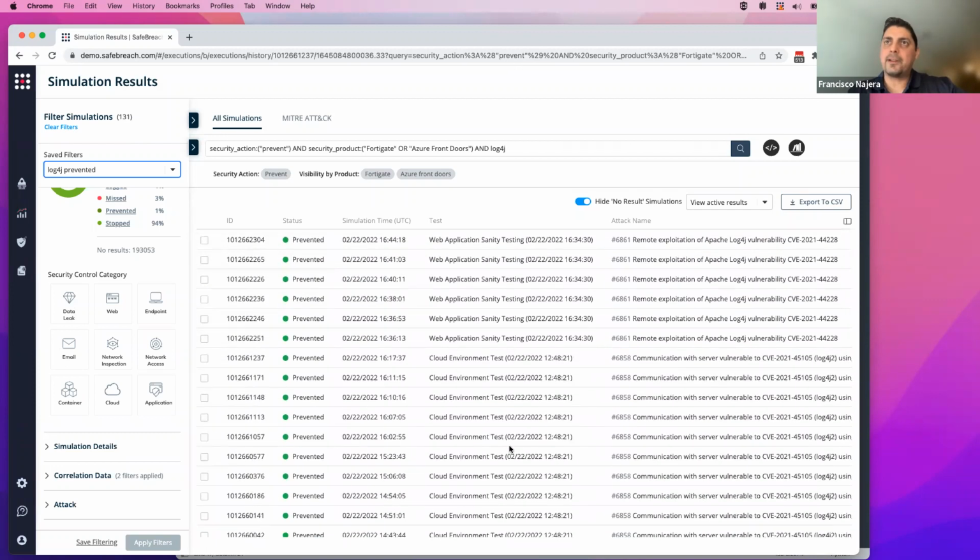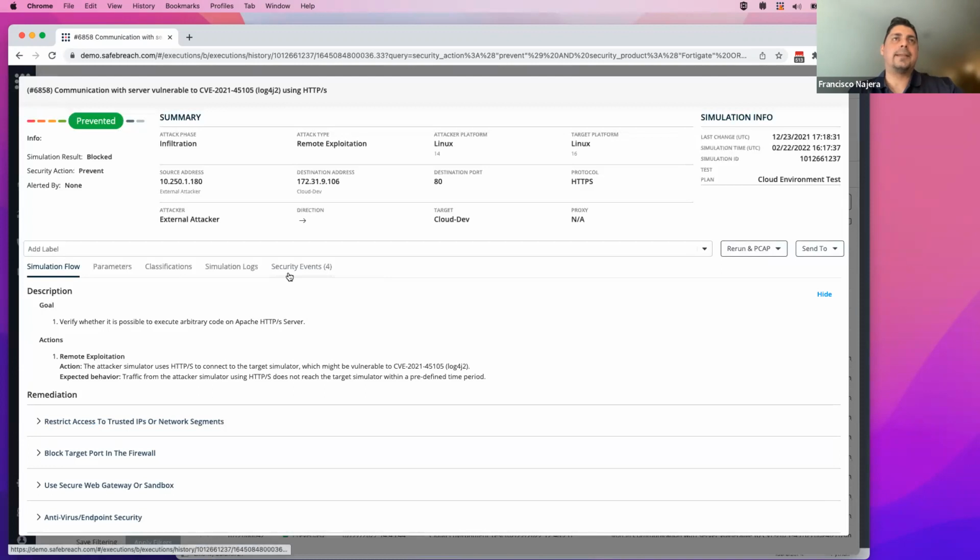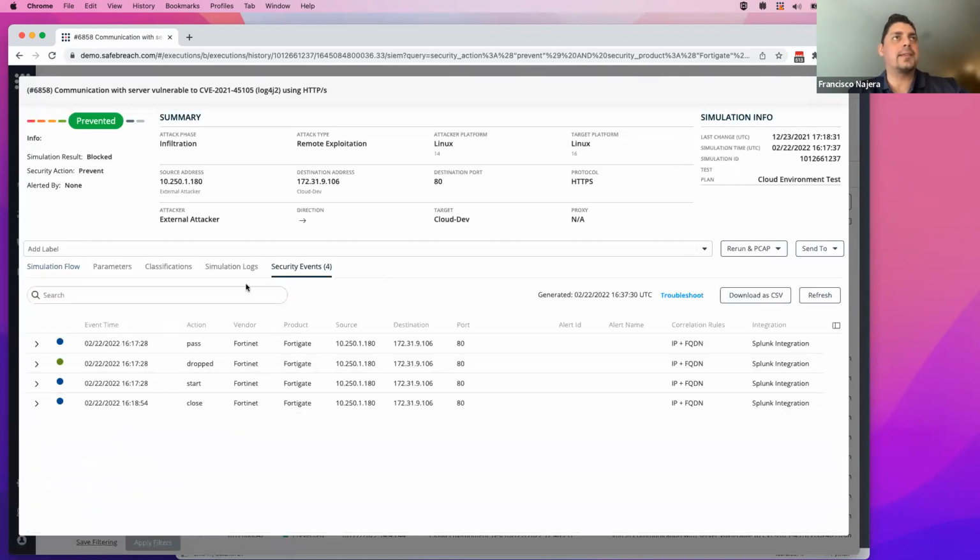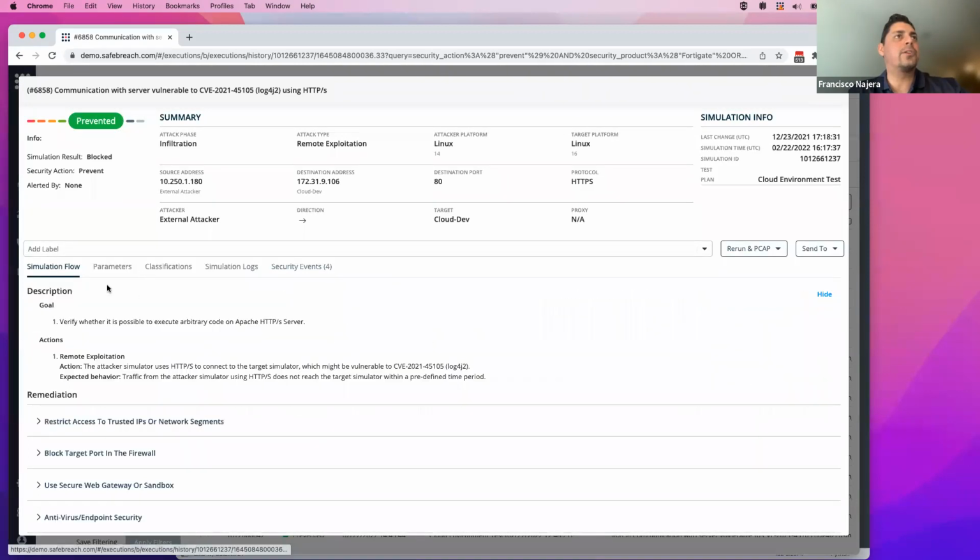Before I do that, I'm going to show you that defense in depth is working in this case as well. So we have another log4j attack here. This one is not actually exploiting the application, but rather simulating the traffic of an exploited application. What this allows you to do is to have your security controls detect that pattern of communication and prevent